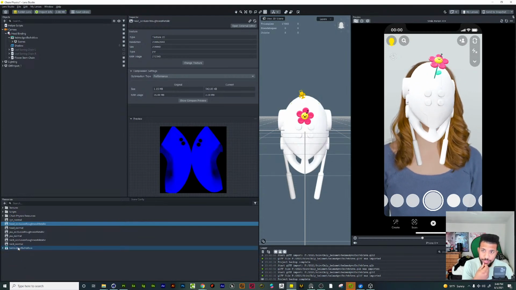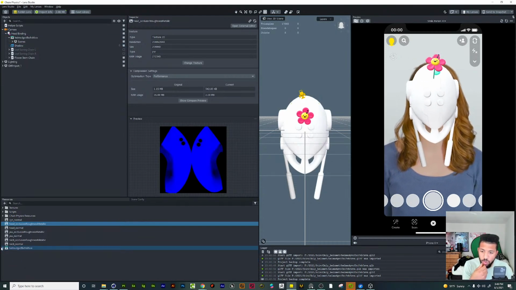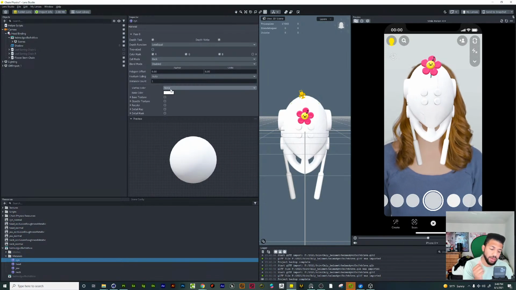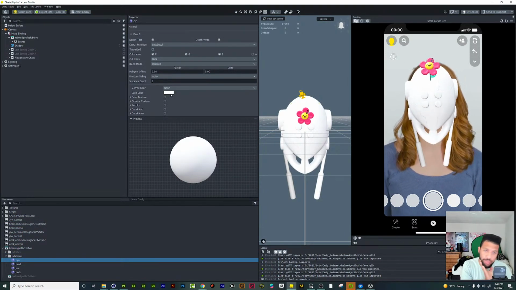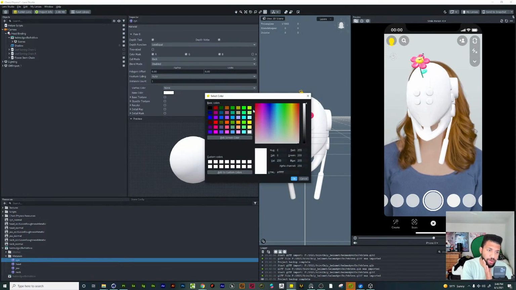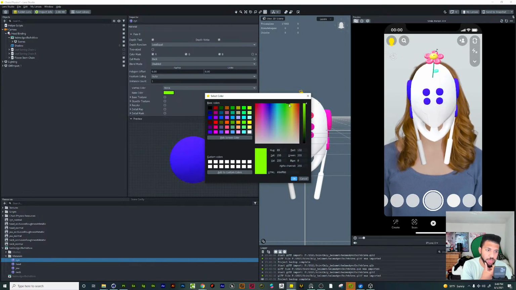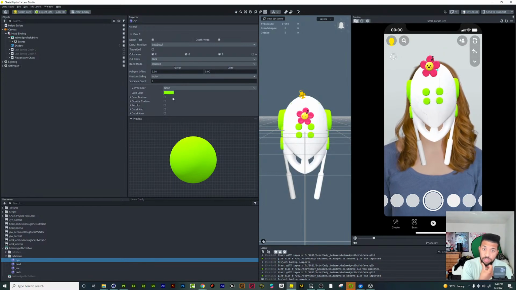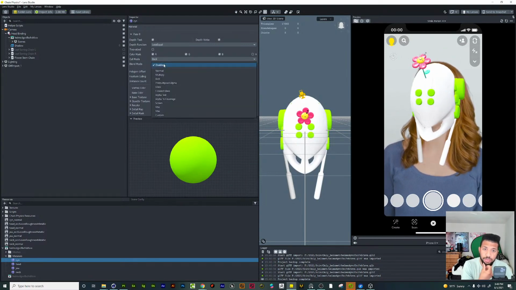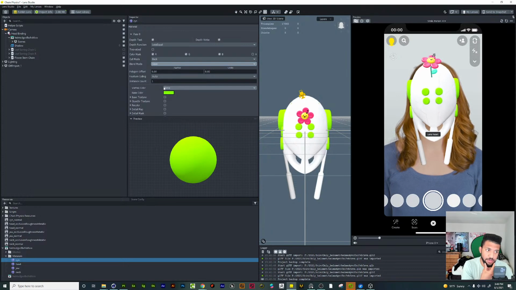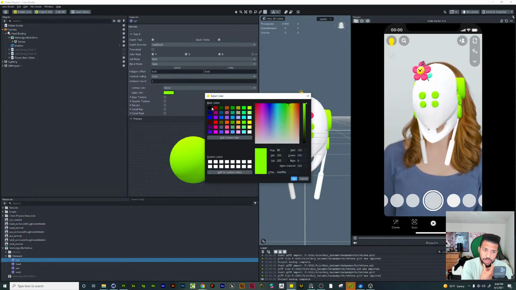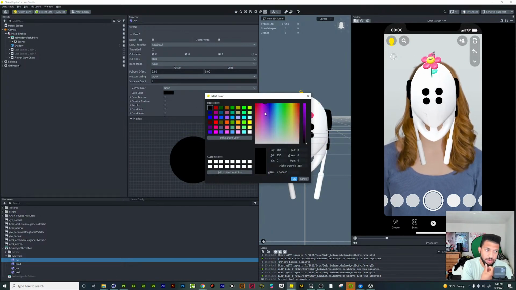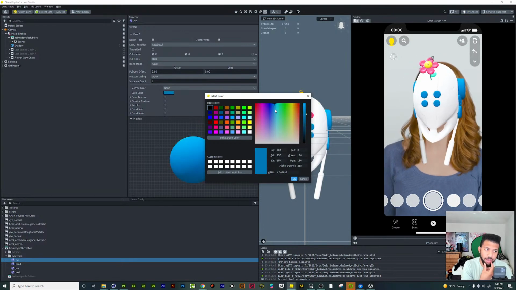So let's do that. And also, to be honest, you can do quite a lot of the material design right inside of Lens Studio. So I can go to the base color here and just start playing with these properties inside of Lens Studio. And this is a big deal because, like, I'm gonna say glass. All right, so now this has glass properties, and now I'm gonna put a colored glass in here, tinted glass,